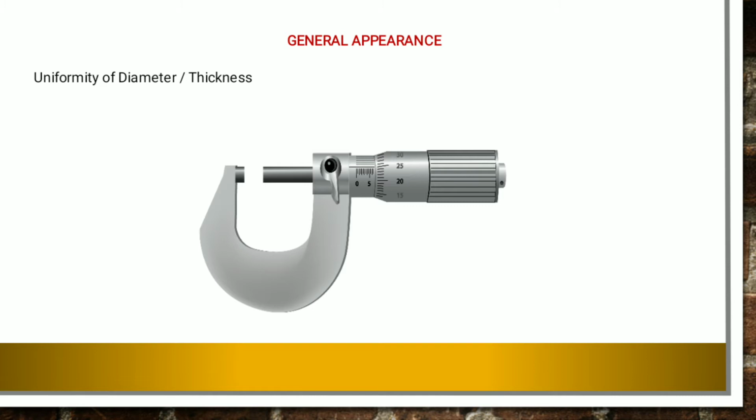Then talking about size and shape, it can be dimensionally described and controlled. The thickness of tablet is the only variable. Tablet thickness can be measured by micrometer. You can see the micrometer that I have depicted over here. So this micrometer or even some other device can be used to measure thickness of tablet. Tablet thickness should be controlled and should lie within plus minus 5% variation to the standard value.